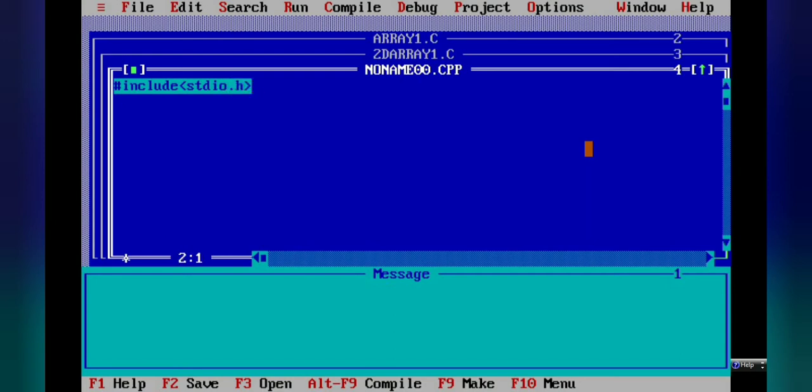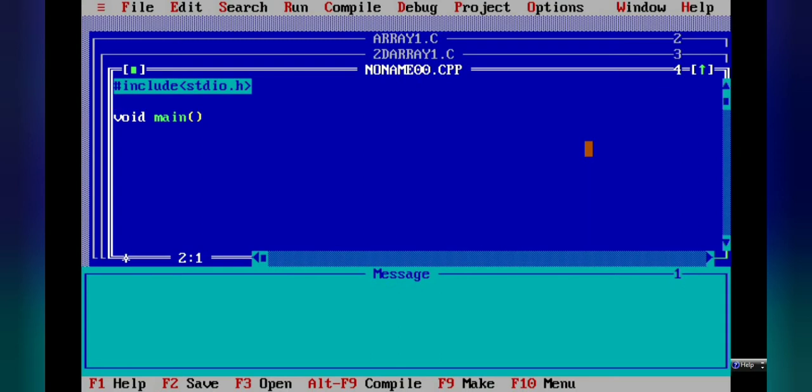But before void main, if we are using a function in our program, then before void main we have to declare that function. That is known as a function prototype. So what is the use of a function prototype? A function prototype is a declaration of a function.